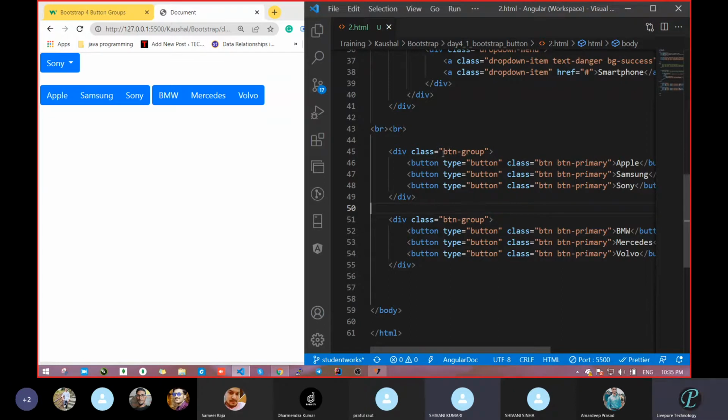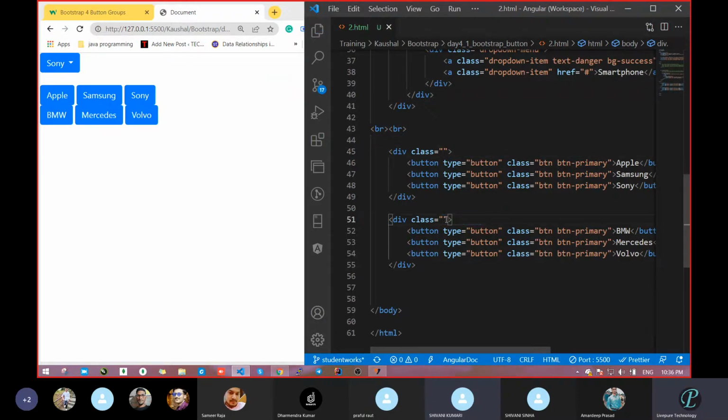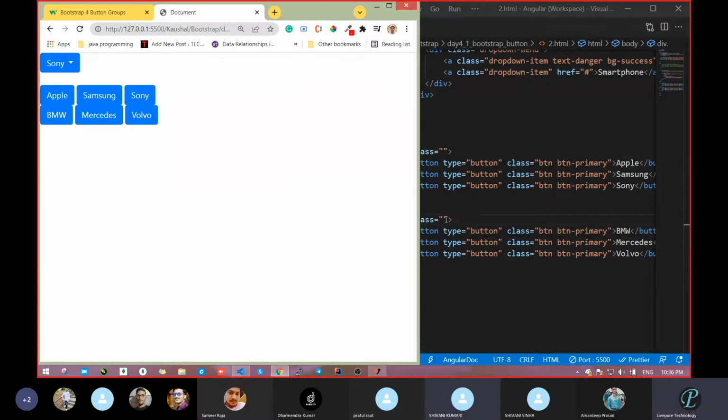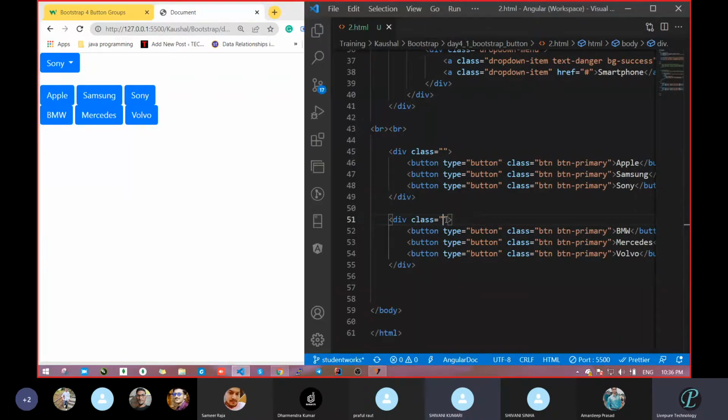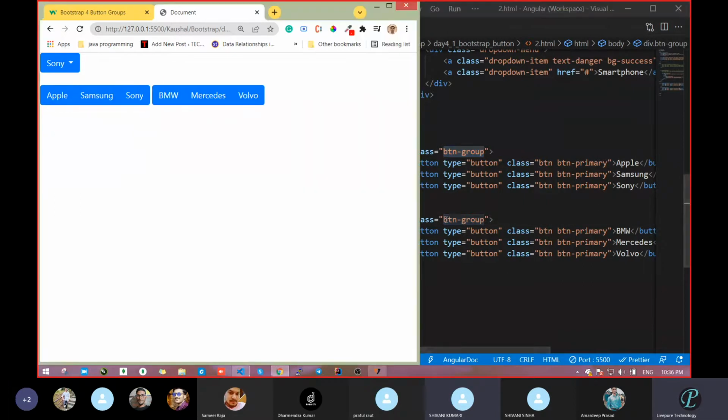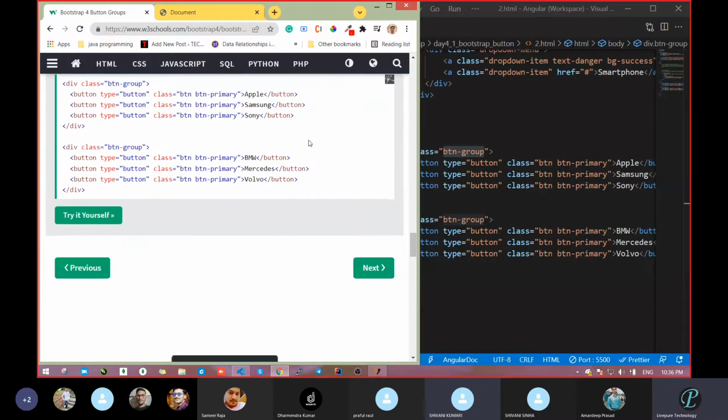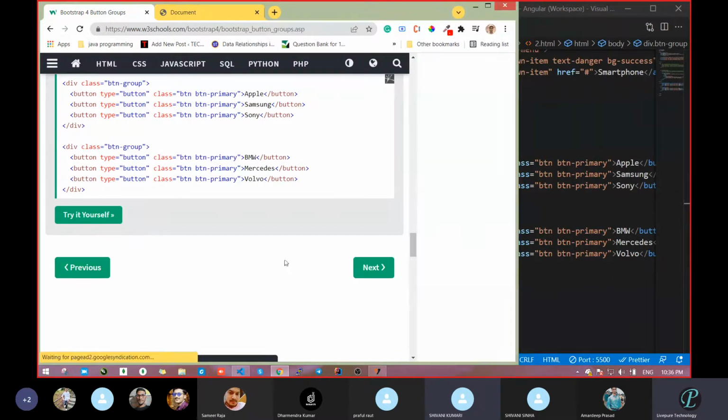See, with the help of this button group, it actually came nearby. Just remove this button group, and remove the button group here also, and let's see what it's going to do. Had you seen? This is a block level element. Div is block level, and due to that it came like this. Clear? So when you pass two button groups, both will come in line. Clear? Anyone having any issue in the button? Tell me.